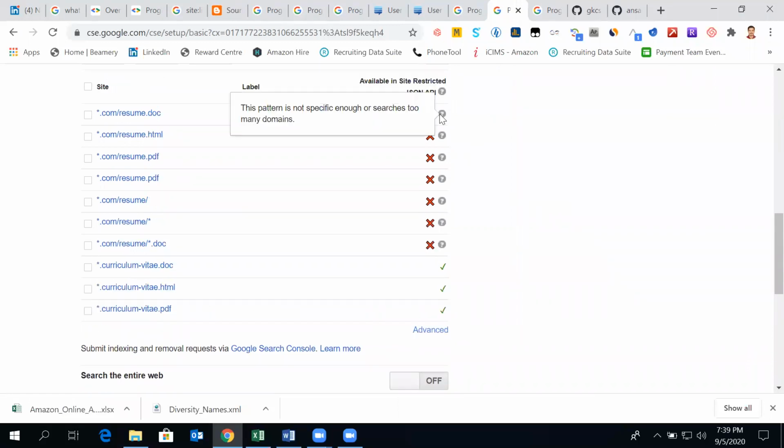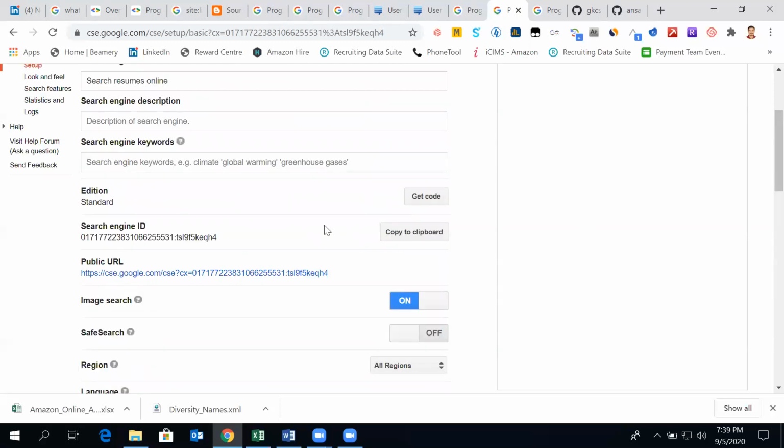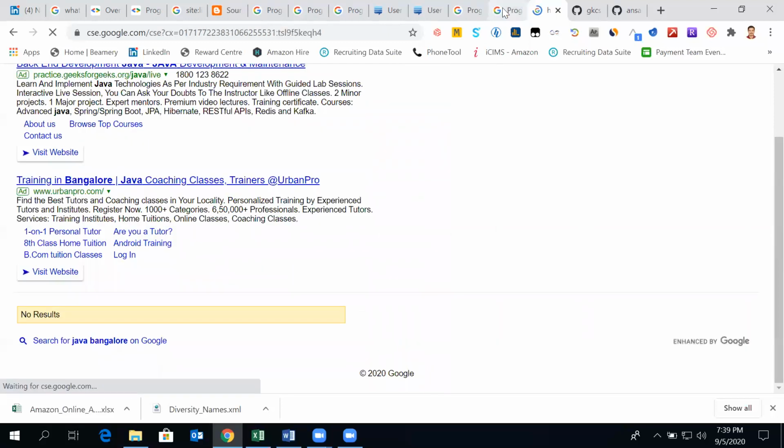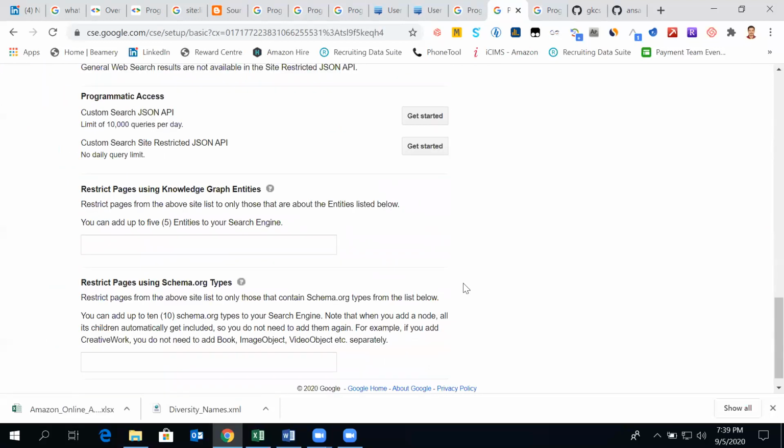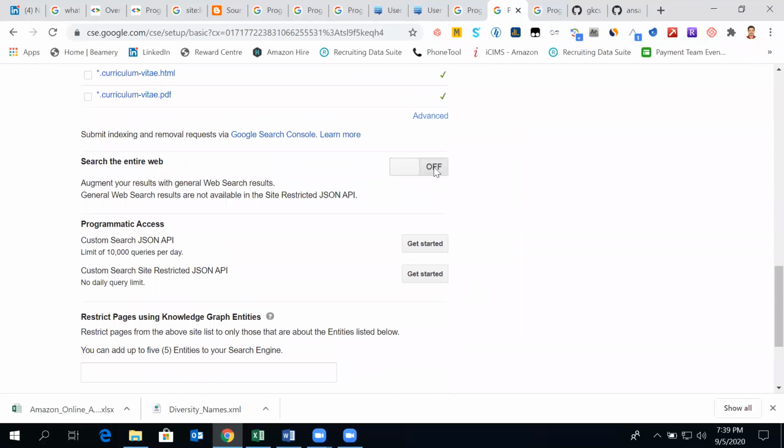So there are still some of the URL patterns which are non-existing. Earlier these were existing, but now again it shows as non-existing URL pattern. And from these only we were able to create that open web search. Let's search. Now for these we can see search entire web.